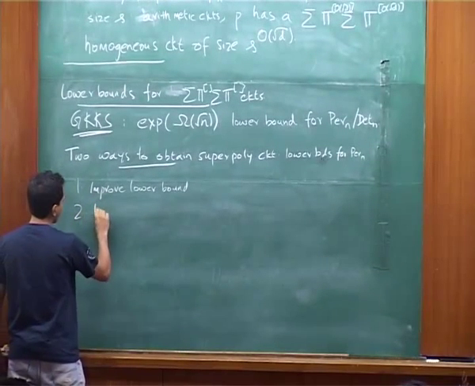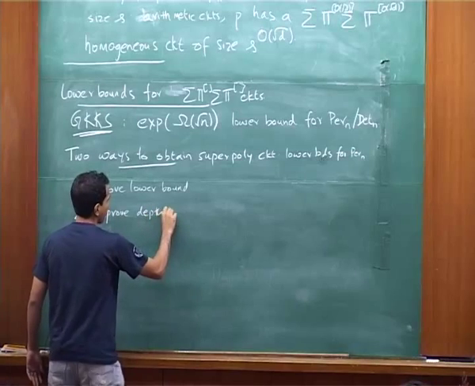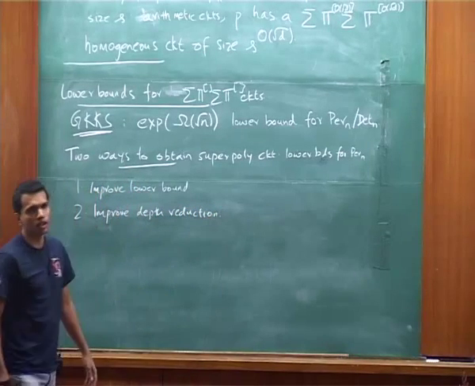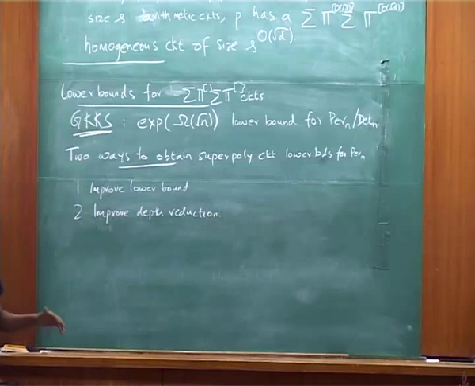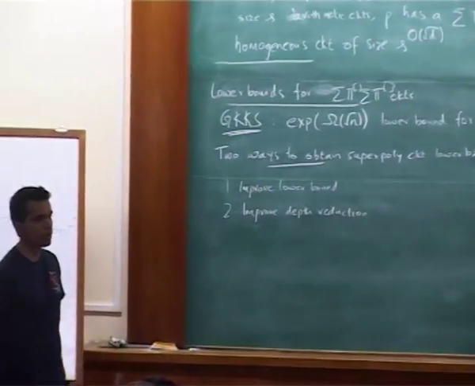And the second is to improve depth reduction. Can you in fact show a better depth reduction from polynomial size circuits to depth 4 arithmetic circuits,